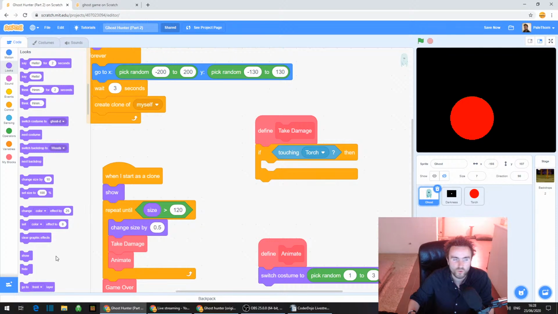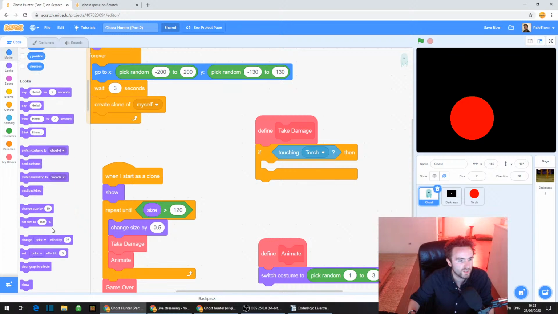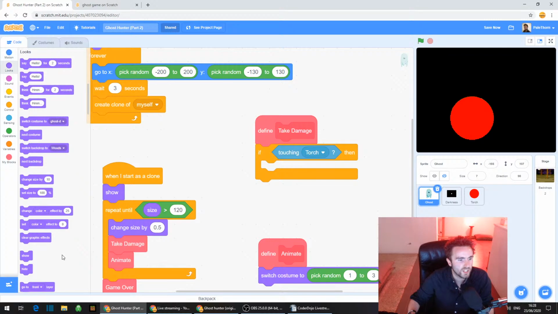To get that, we're going to go to looks, the second category, the dark purple one, and look sort of in the middle, and you should find something that says change color effect by 25. Doesn't say anything about ghost yet, does it? But you can notice that the color has a little white triangle.